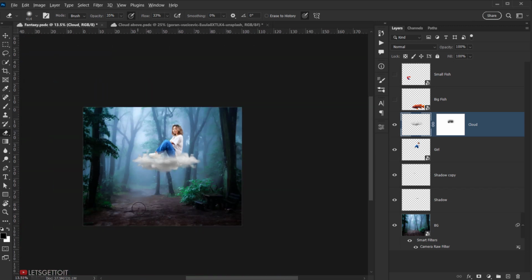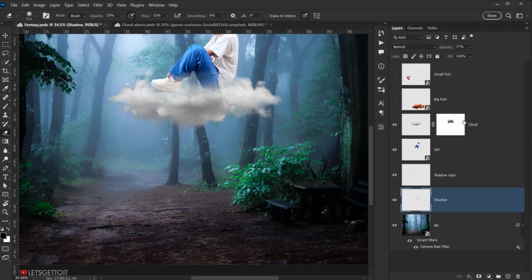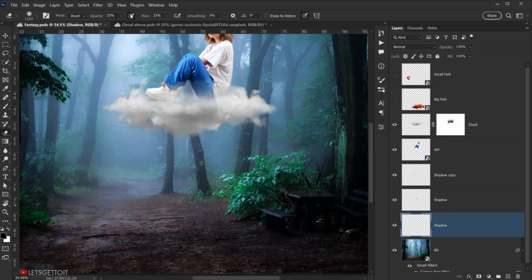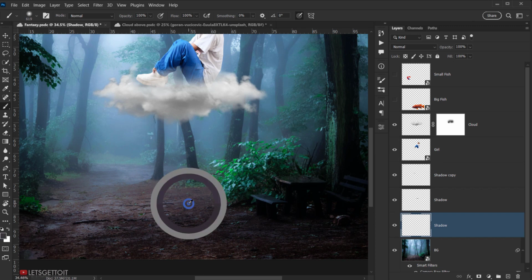I think it looks fine. Now let's add a little bit of shadow in here. So let's finish with the shadow for the girl. So let's add another layer and call it shadow, and let's just use the same technique because now we have a flat surface in here. So I'm just gonna one click using black as my foreground color. I'm sorry, I'm in the eraser tool, so I'm just gonna switch to the brush and maybe sample a color of the ground, and then just one click like that,